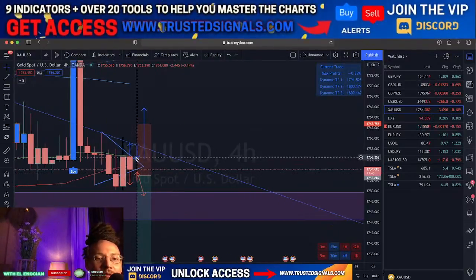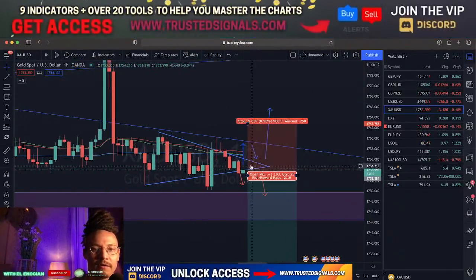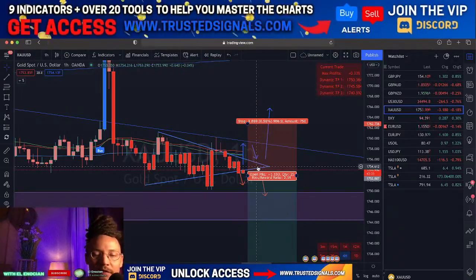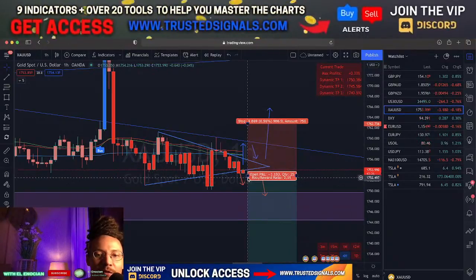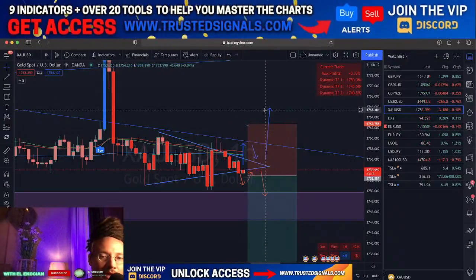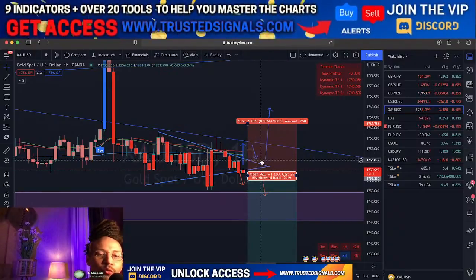But wait for this flag to fill out, and the chart's going to tell you which direction it's going to go. If it's going to go below, you're going to see a clear break of this zone, a retest, and then a candle break below that one. And then market's going to follow. If it's going to go to the top, it's going to break above, do a retest, and then push to the top side. And then that's when you could decide which way to enter, taking the signal with market direction